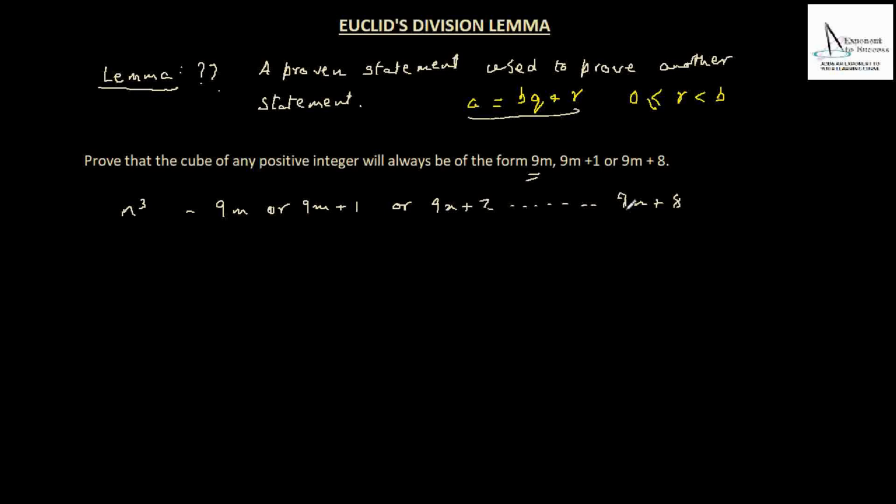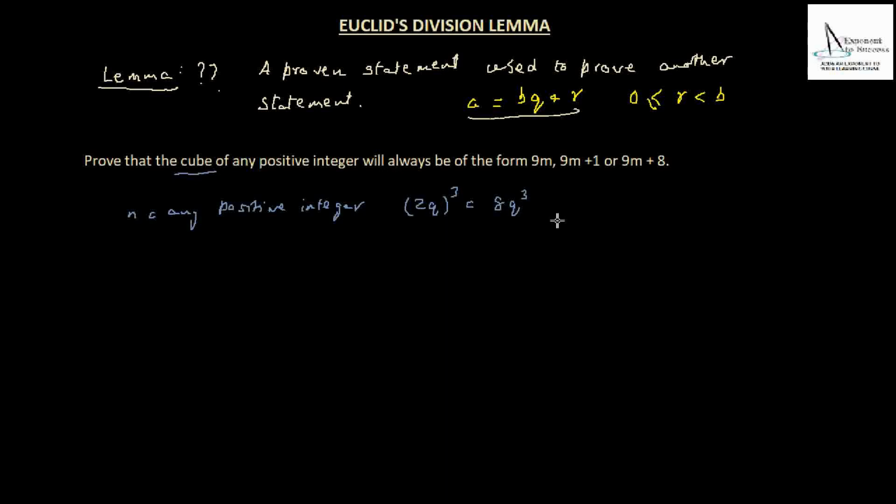But again, we want to simplify our work, so we look at another way we can write this out. So we know that n is a positive integer, any positive integer. Now n could be odd or it could be even. There are only two possible cases. So if it's an even number, we are looking at 2q whole cube, which gives us 8q cube. Now how do we prove that it's divisible by 9? That's not possible, is it?